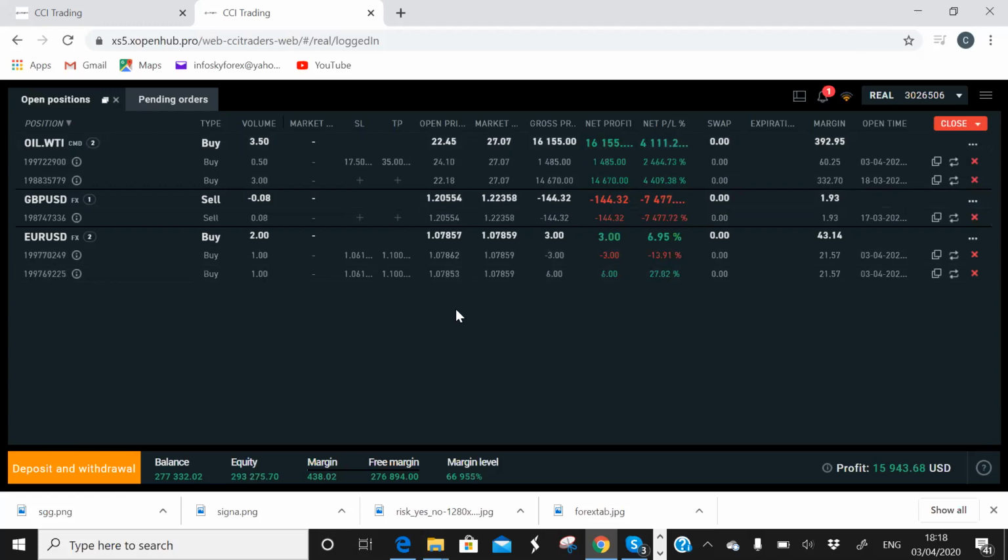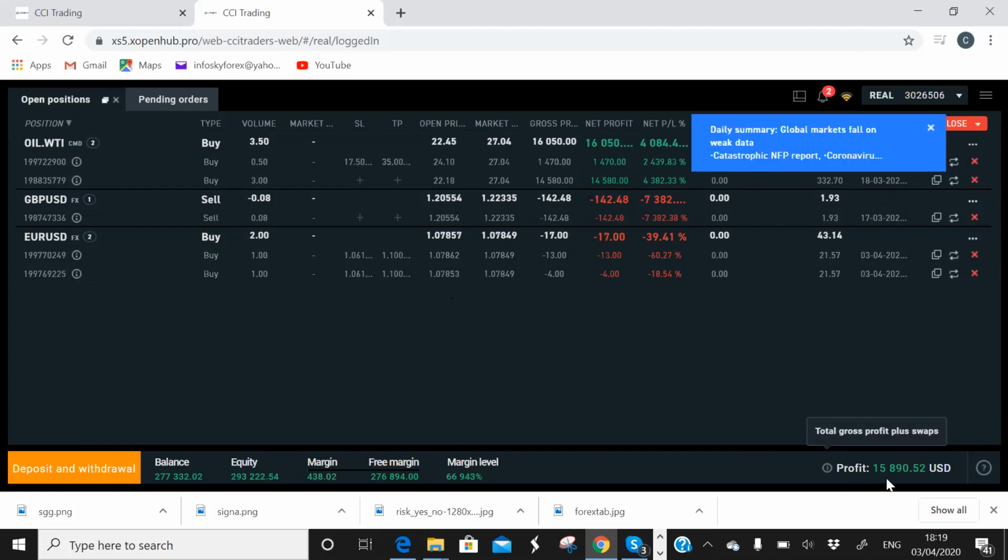The buy I just placed now, I'm getting $7 here. The other buy I had before with 2.0, I'm getting also here. So in the future, I'm hoping to gain from British Pound USD as well as I'm getting on Euro USD. Then you can see my total profit. Total profit now is $15,900 something, which I have gained so far.